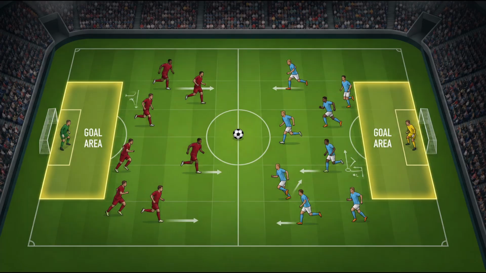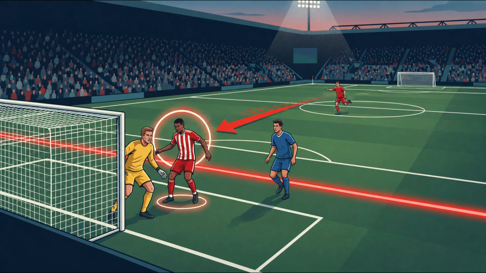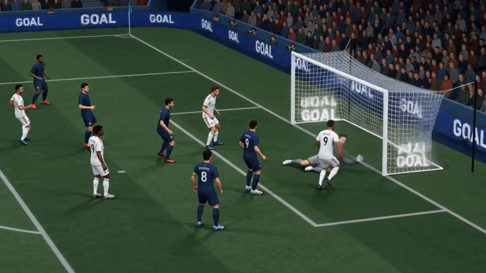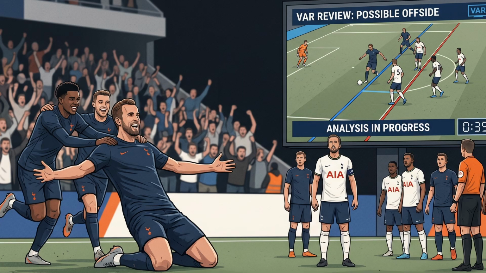Let's break it down. Football is simple at its core. Two teams, one ball. Get it in the other team's goal. Now imagine this. You put your fastest player right next to the opposing goalkeeper, just waiting. Teammate gets the ball on the other side of the pitch, boots it forward, your player taps it in. Easy goal, every single time. Boring, unfair, and honestly, not even a real sport anymore.